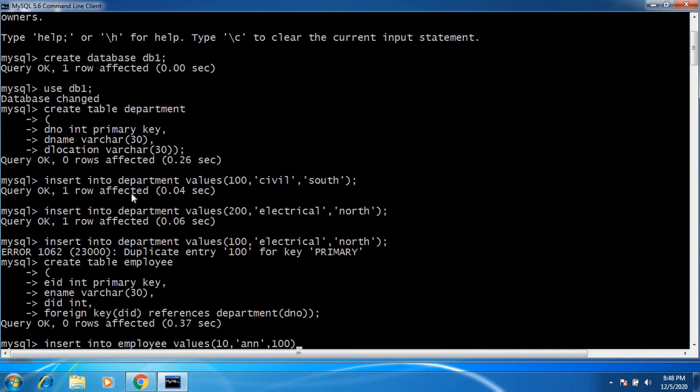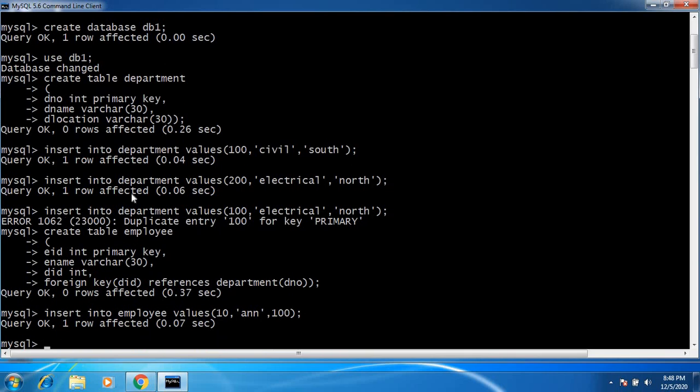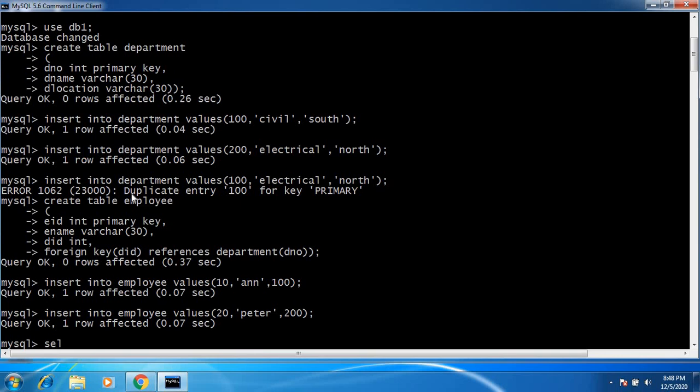I give the department as 100. So this is inserted. Now I want to insert another one, 20, the name Peter, and the department ID I'll give as 200. Now you can see these records.